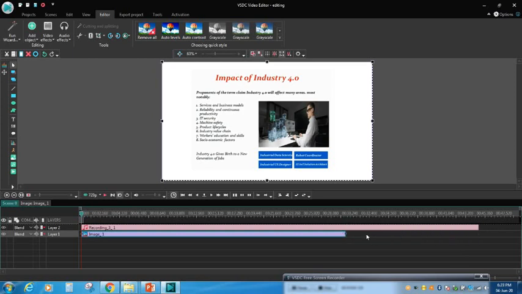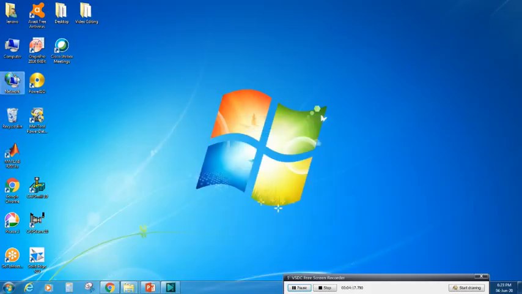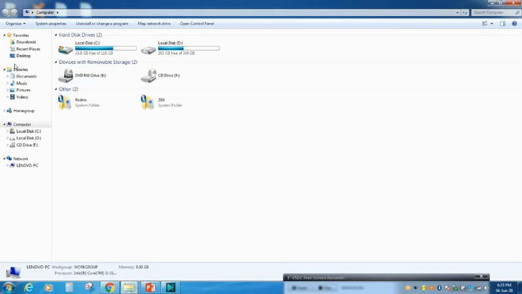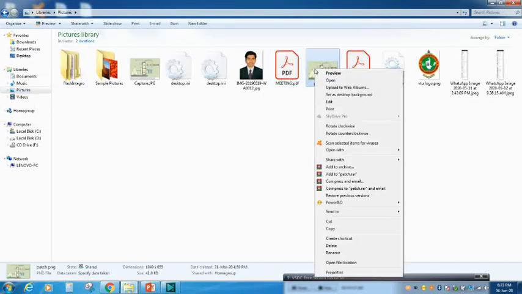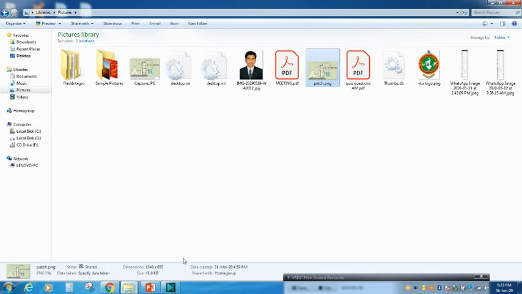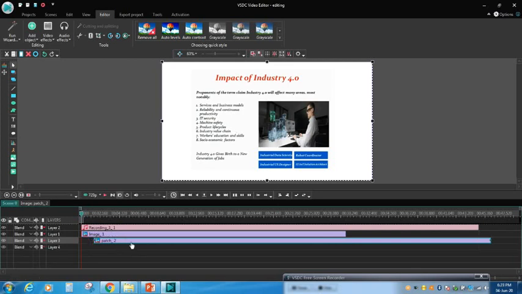Otherwise, if you want to fit the image to only this much of the recording and you have to add one more file, you can add a different picture. Suppose I want to add this one, I copy and paste it here.